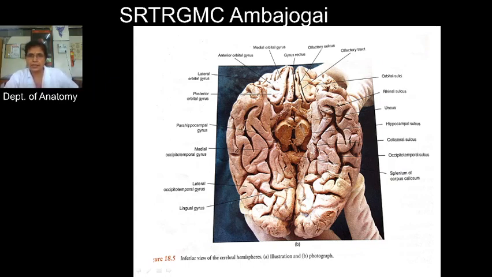Then on the tentorial surface, here this is the uncus, this one is the rhinal sulcus, then this is the collateral sulcus, then this one is the occipitotemporal sulcus, and this is the parahippocampal gyrus. Posteriorly it is continuous with this lingual gyrus. Then this is the medial occipitotemporal gyrus, and the lateral is the lateral occipitotemporal gyrus. So this is about the sulci and gyri